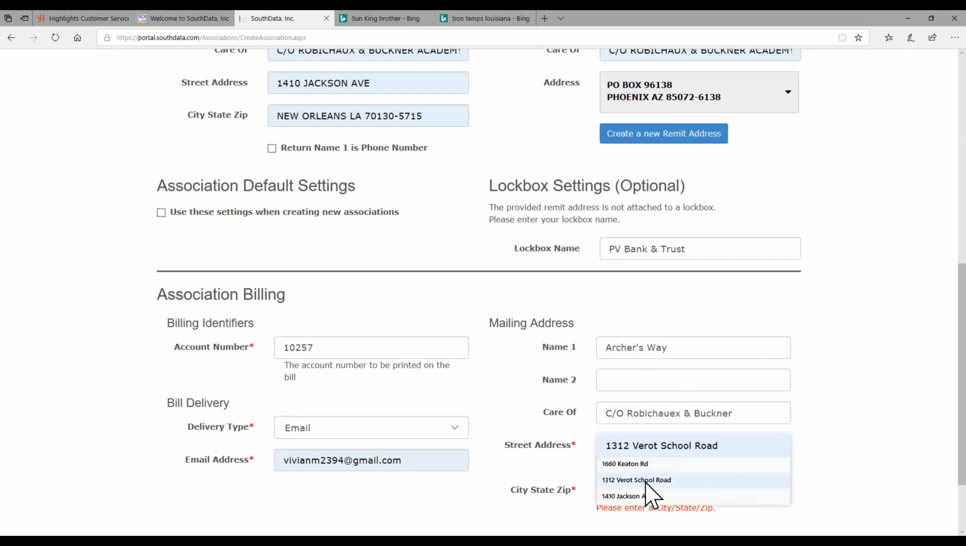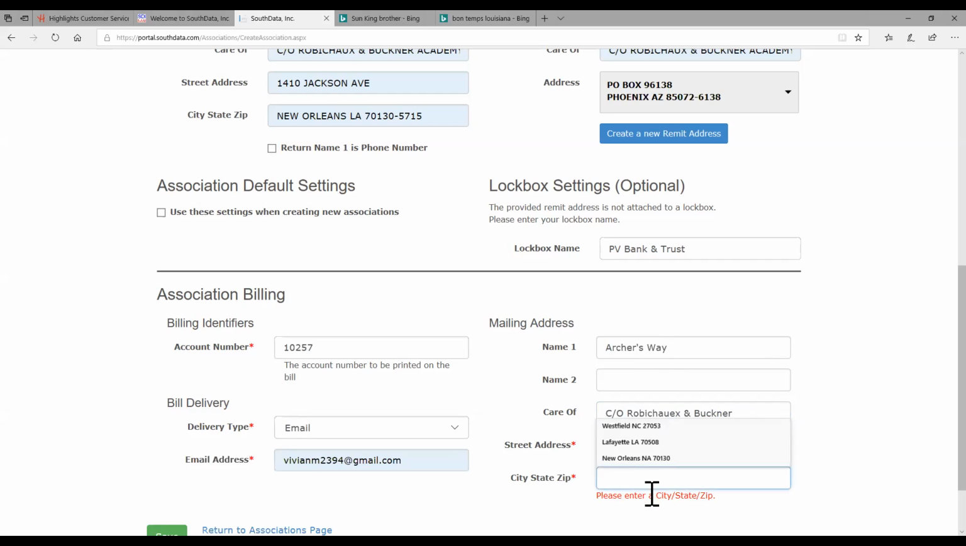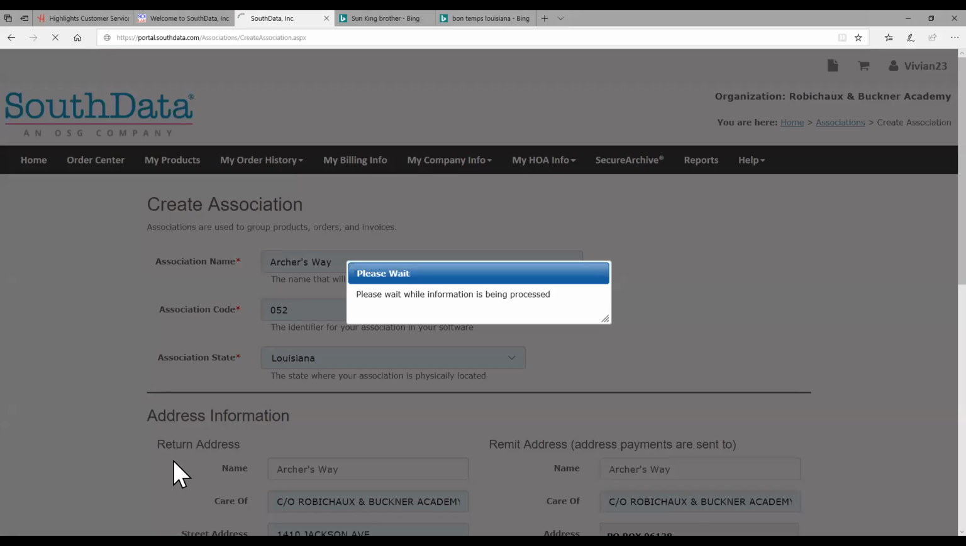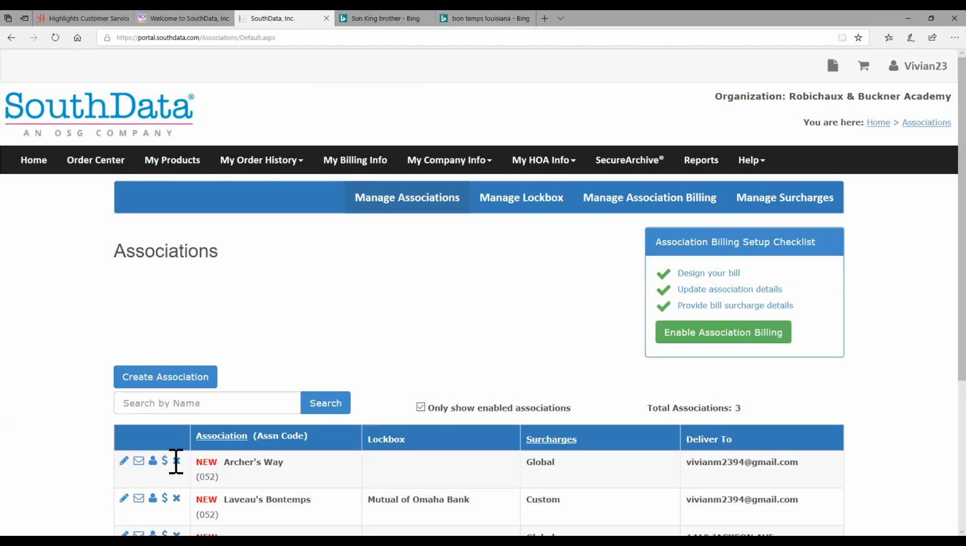I'm going to put street address in. Okay. And so if we're mailing, if you go back at any time and you change that to mail, then that's the mailing address that we're going to send the Archer's Way invoice to. Okay, you're going to save that. And so at this point, you successfully created your